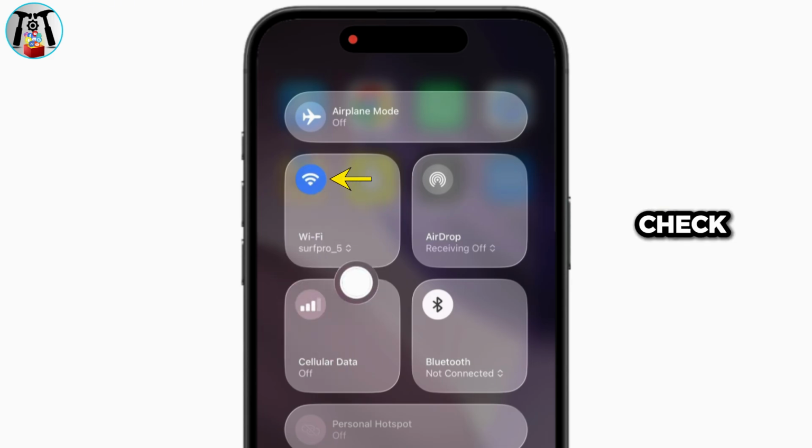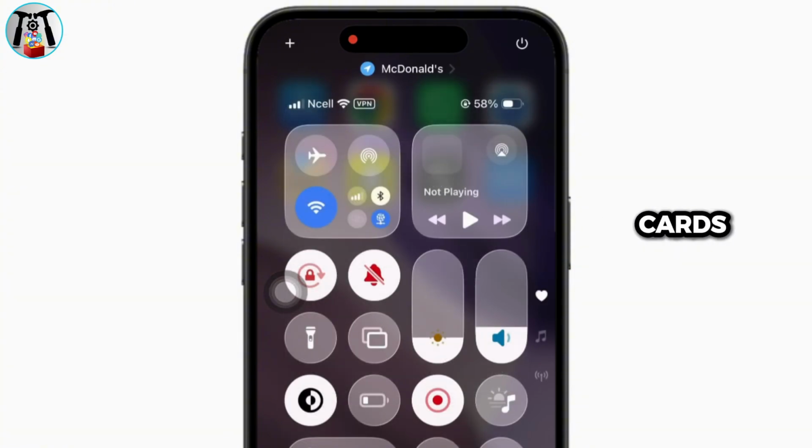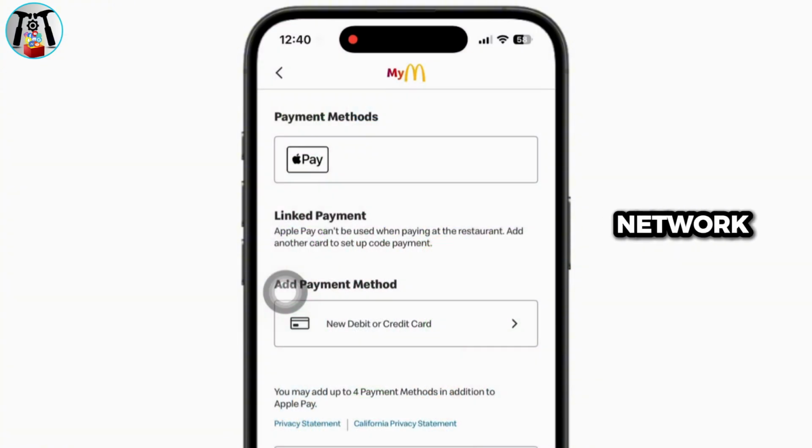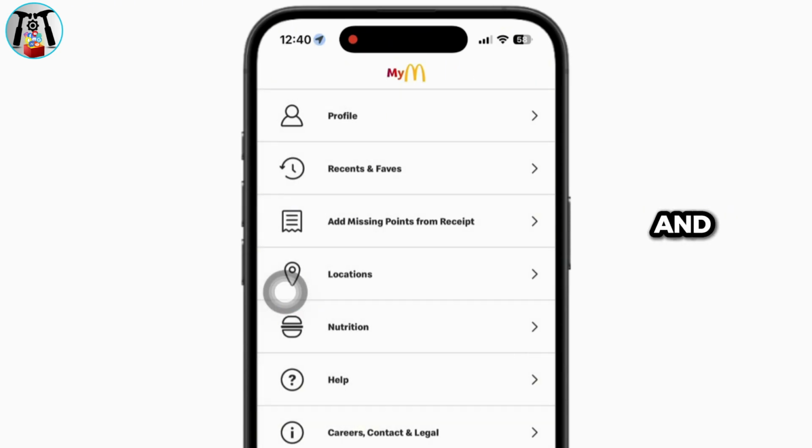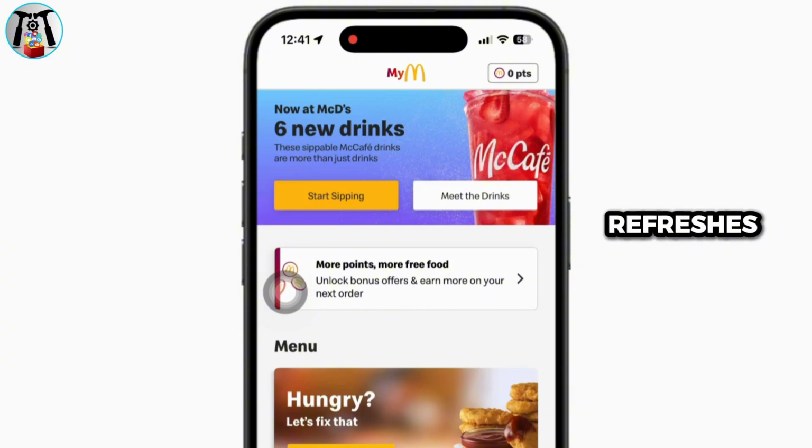Next, check your internet connection. Disable any VPN or proxy service, since payment systems sometimes fail to load saved cards when the app detects unusual network activity. You should also sign out of your McDonald's account and sign back in, as this often refreshes stored